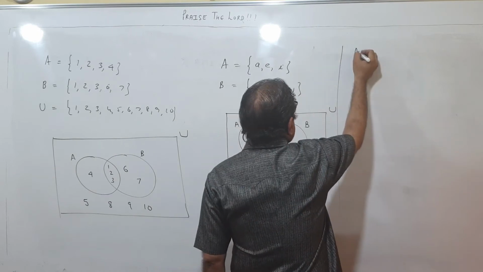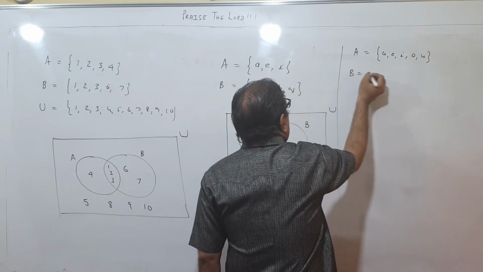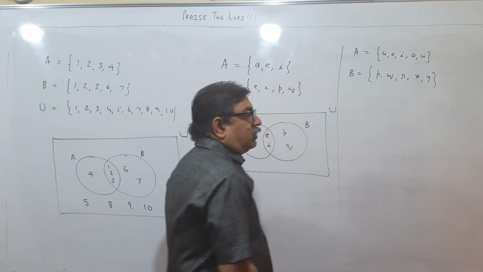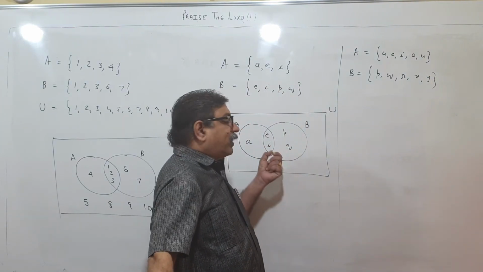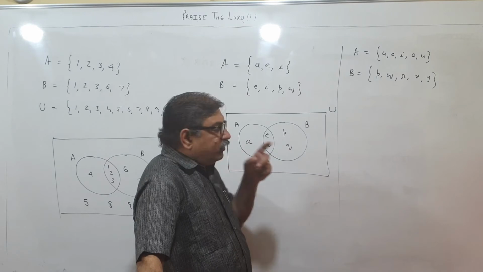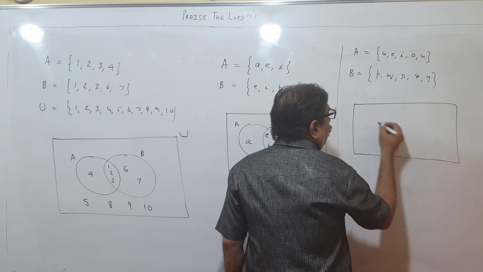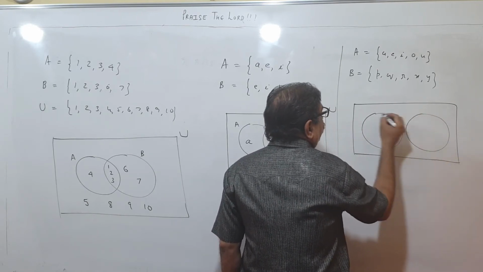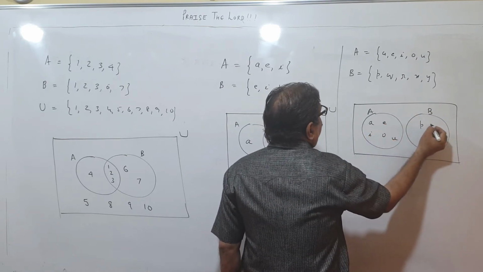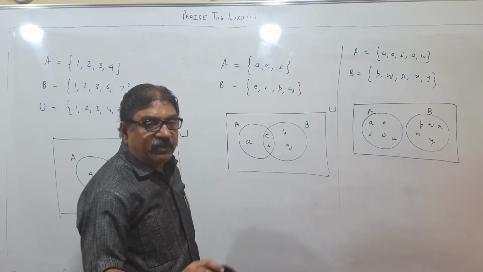Okay. If I have A as A, E, I, O, U and B as P, Q, R, X, Y. So now children, they don't have any element in common. So they don't overlap. You have to keep an eye on this and check they have no element in common. So we should not make this type of set. Then we will draw two separate circles. They don't have any overlapping region. We write like this, A and B. So here A, E, I, O, U and here P, Q, R, X, Y. This is the representation of sets for A and B in this case.